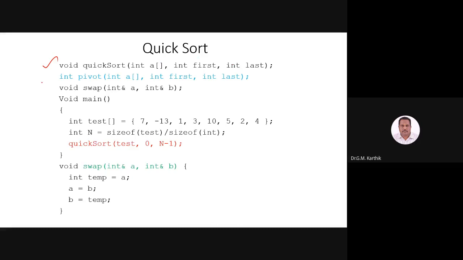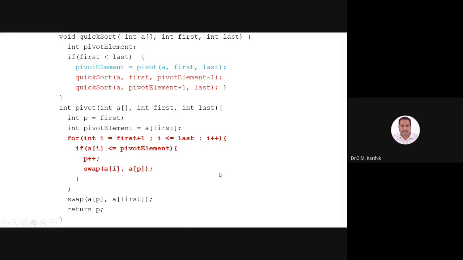Inside the quicksort, you will be calling the next function called pivot element. How do we choose the pivot element for the subarray? So if it is the first half, the first and middle position have to be calculated. If it is the second half, the middle position and last position have to be calculated. So that is what the pivot function will do. I have given a separate function for swapping purposes alone. So if I give 2 arguments, A and B will be getting swapped in this process. So this is the algorithm for the quicksort.